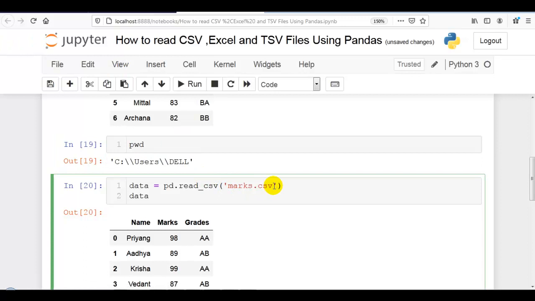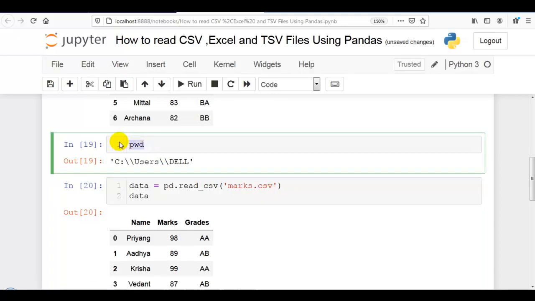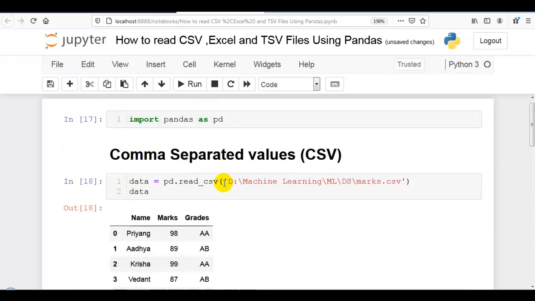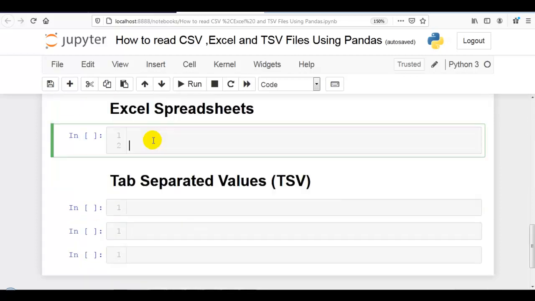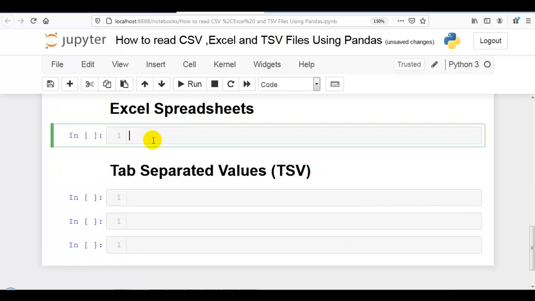So we are not required to give the path every time. You can check your current working directory with pwd in Jupyter Notebook and paste your data set at this particular path. Then you can directly give your file name with extension.